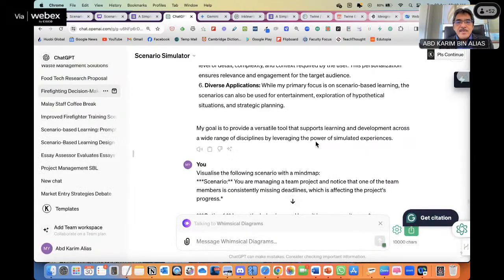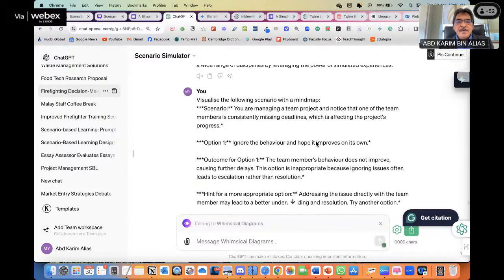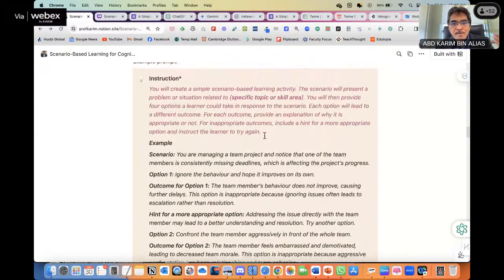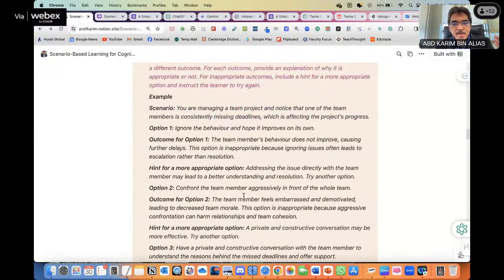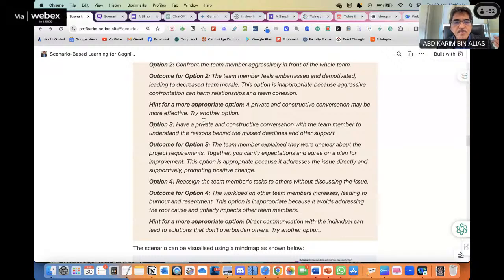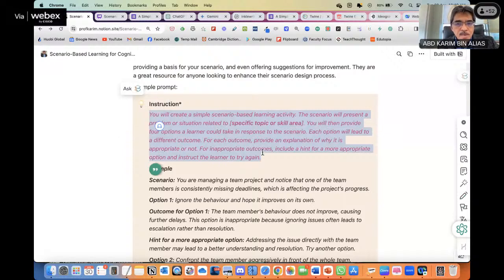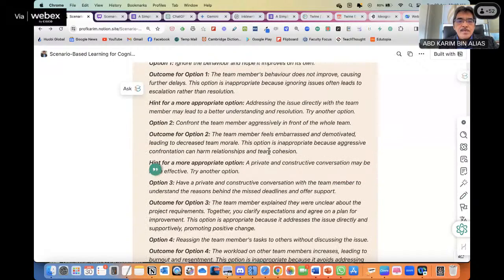So what I did, after I've created the scenario, I put the prompt, then I get the scenario here. So I copy this scenario, or maybe I just repeat the whole thing again. So this is the prompt. In this case,